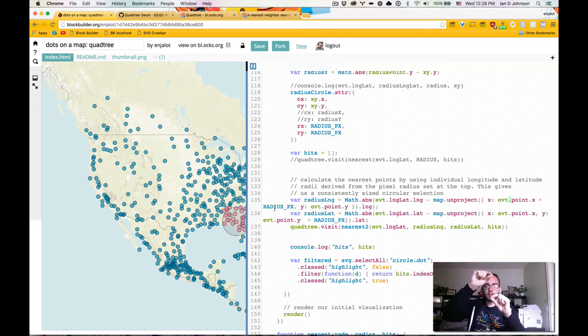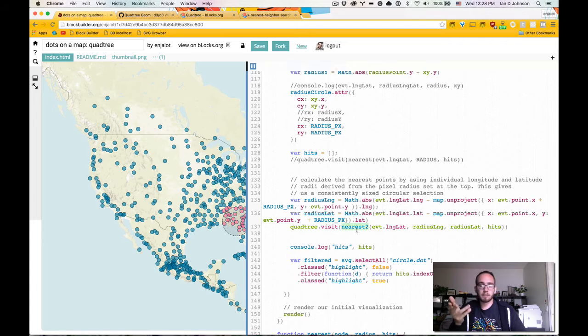And then we'll do the same thing for the latitude, using y plus the radius in pixels. What happens is we'll get a different radius in degrees for the same radius in pixels, right? Before we got a different radius in pixels when we started from degrees, and so now we can pass in those two different radii